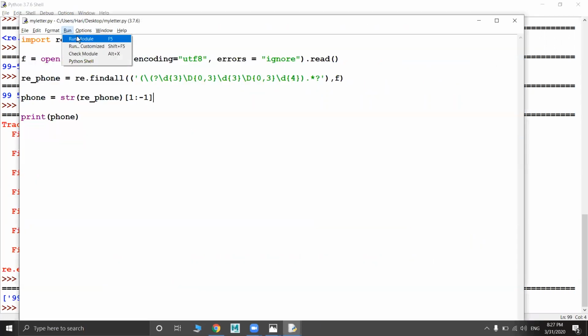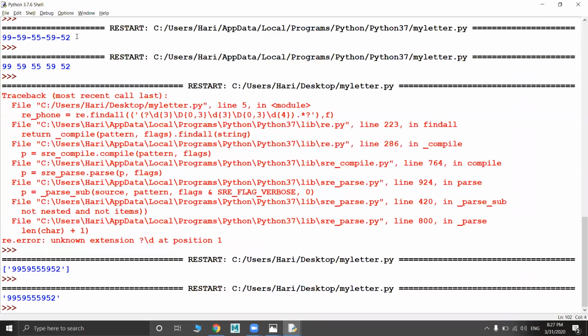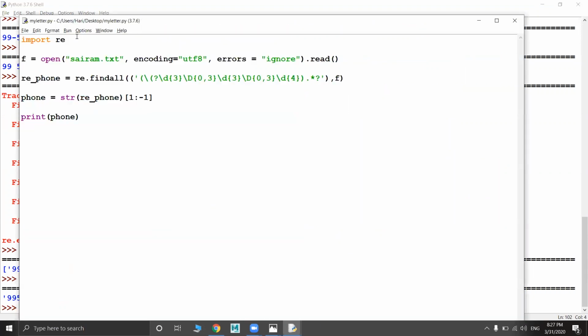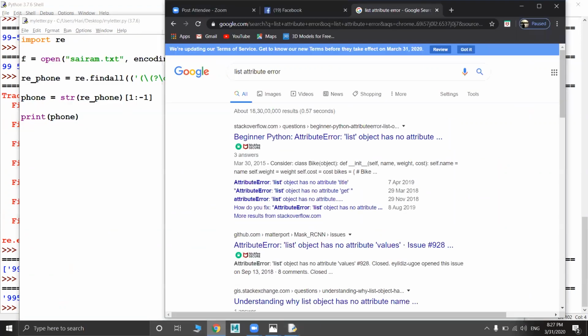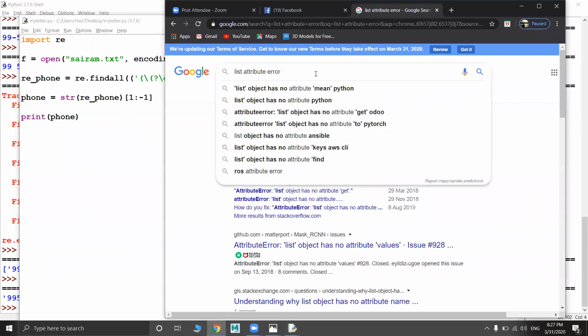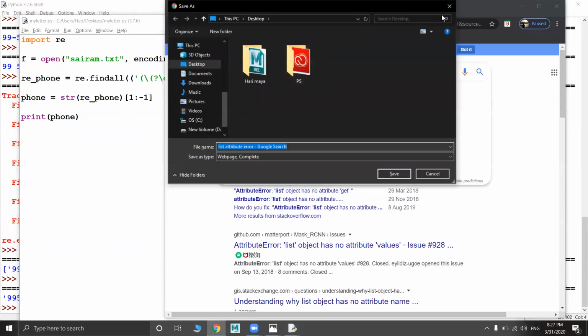So run it. See, now you got it in the string format instead of list format. So this is the pattern where you can find, you simply search for, sorry.